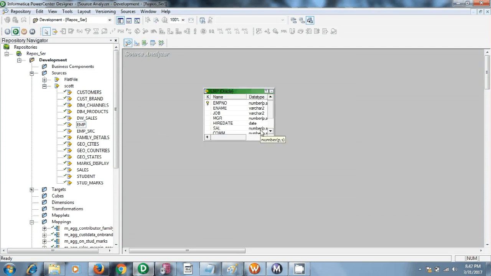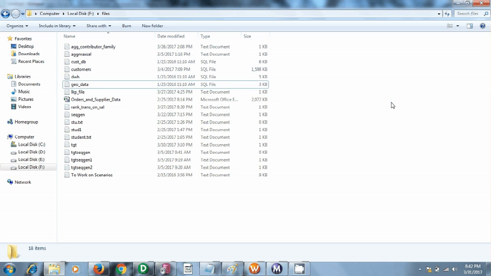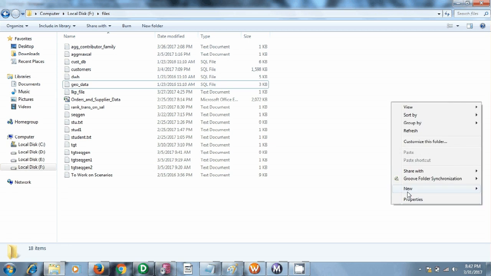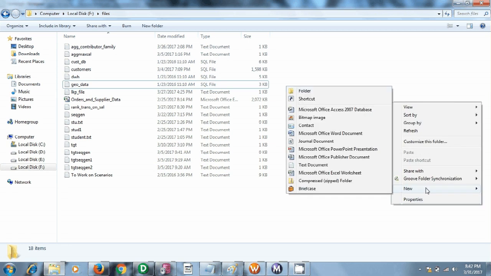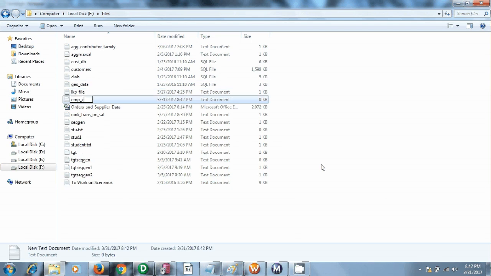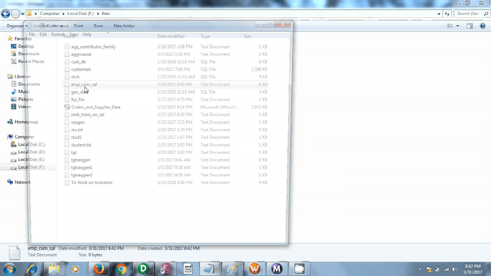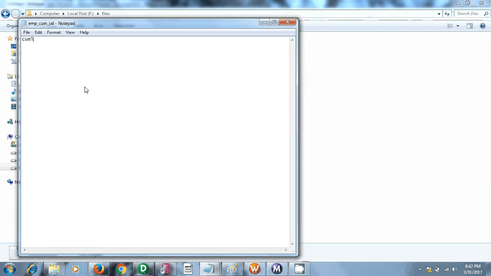And what I told you is that my target is a flat file. So let us create a flat file. Click on new, text document. I am giving my target name as EMP cumulative sum, because I am finding out the cumulative sum. Here I want the salary column, and after that the cumulative sum.